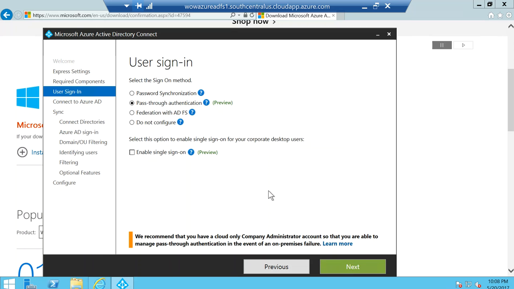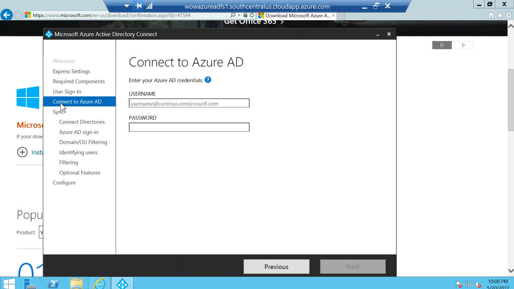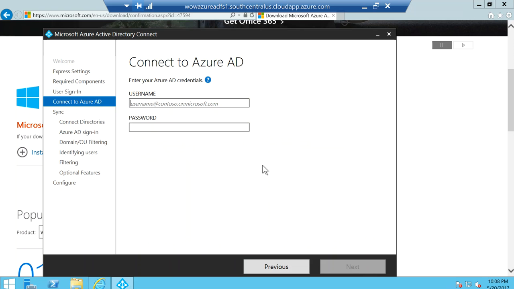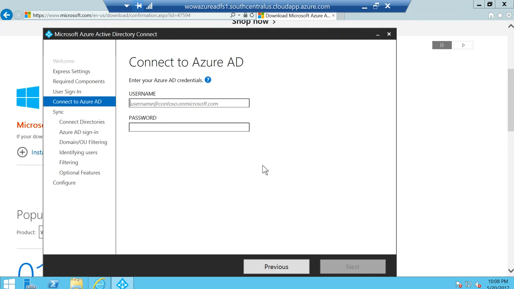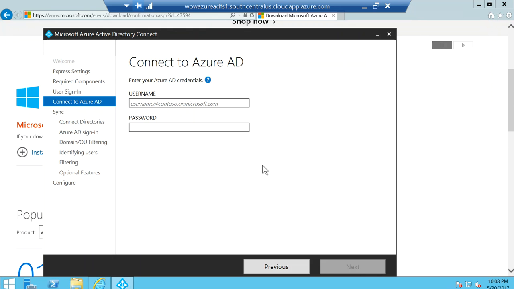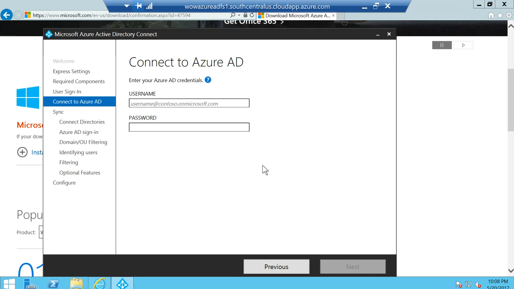I say next. So next, you have to put in your username or the Azure AD credential. And here, one key thing to keep in mind is you have to put in an Azure AD user credential which has global admin rights. So Azure AD has different user roles, and global admin is the most powerful role. So you'll have to specify that user and the password, and that has to be in the initial domain name